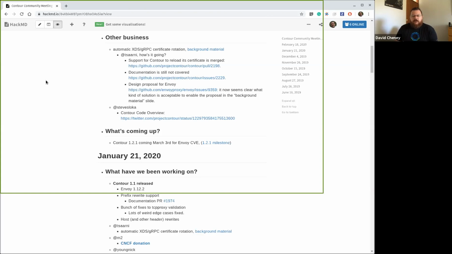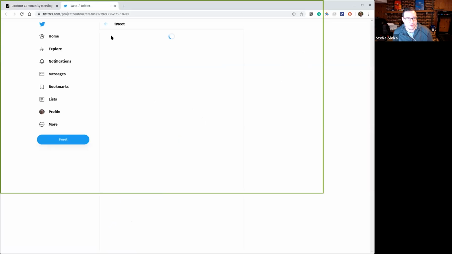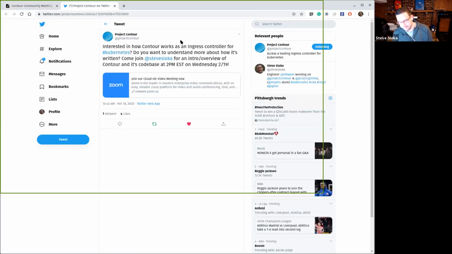Okay, Mr. Sloka. Yeah, so I had some, actually talking with Danon and some folks, I offered up some support to walk through Contour, kind of how we built it, kind of where the components work from a code standpoint. We've all kind of done the intro to Ingress controllers and things over and over and over, but I think we've never really done this, like, hey, how does the code work, to help someone maybe contribute back who's interested.